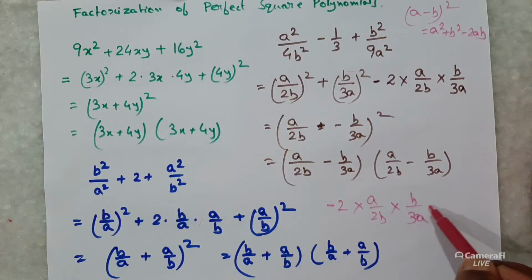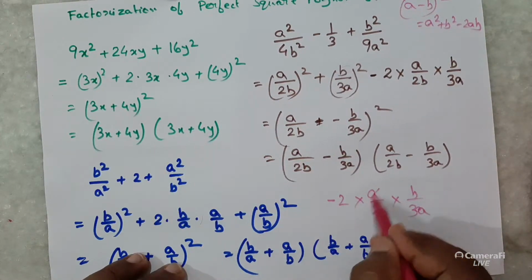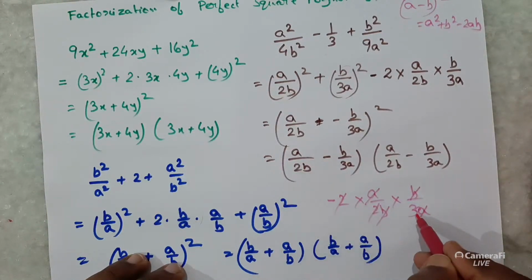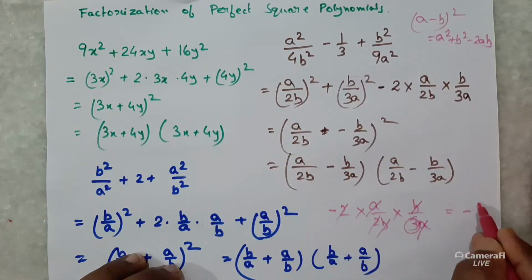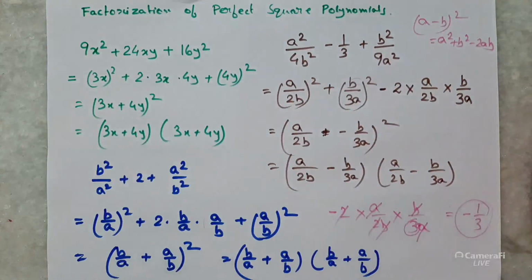So if we have written the minus 2ab term, and from this 1 by 3 doesn't come, then we will have to add or subtract something. But let's see, a and a cancel each other, b and b, 2 and 2 cancel. So what remains, the denominator 3 remains, and in the numerator minus 1. So see, minus 1 by 3 is there. That's why I have written this. Okay, understood?